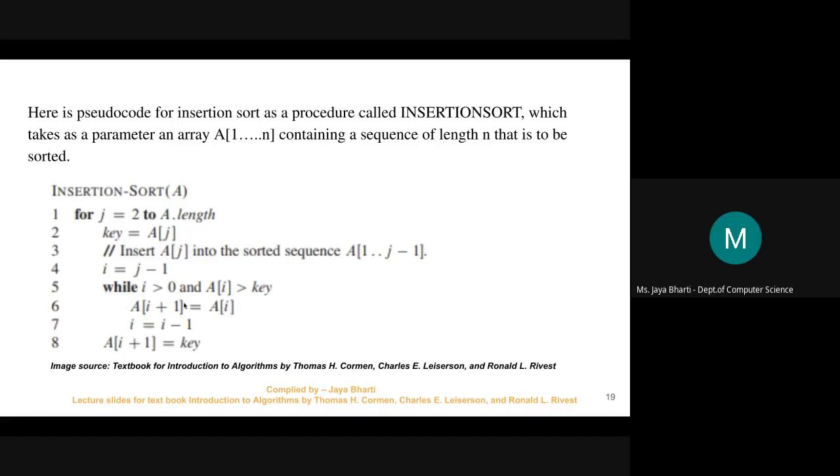Okay. So what is the next step? You need to run this code. So now you need to compare a of i to key. What is our a of i? i is 1. So a of 1 and a of 2 will be compared. What is key? Key is a of j. So now you need to compare a of 1 and a of 2. If a of 1 is greater than a of 2, then you need to swap these two. If it is not greater, then simply move to the next step.